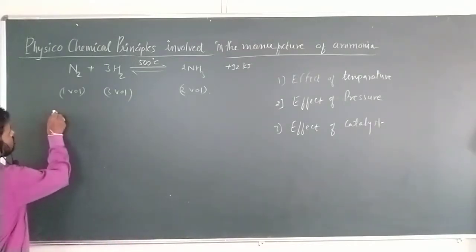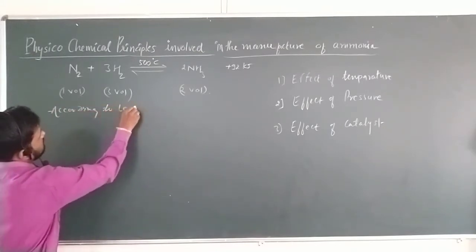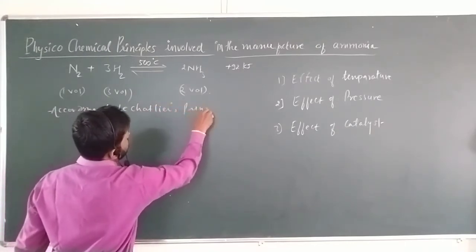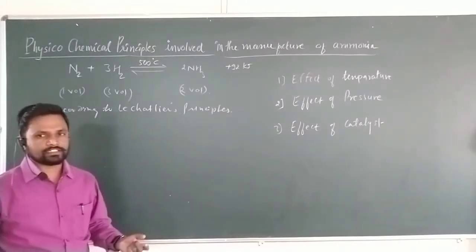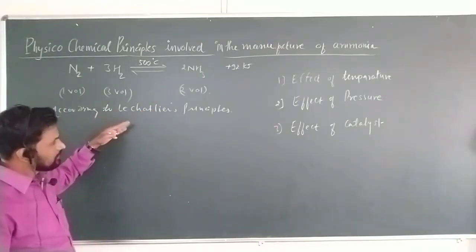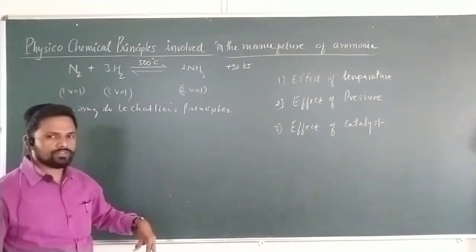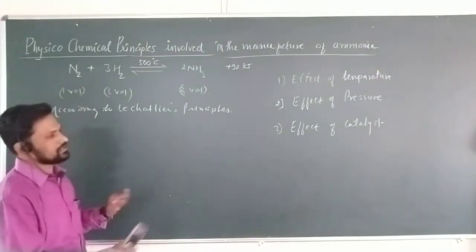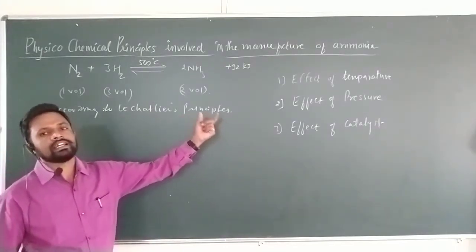As we know, according to Le-Chatelier's principle, it is stated that in case of an exothermic reaction, with increase in the pressure, the equilibrium shifts towards the forward reaction. With the increase in pressure, the reactant molecules come close to each other and the reaction increases, that is, the reaction is very fast, meaning the percentage of formation of ammonia is very fast.